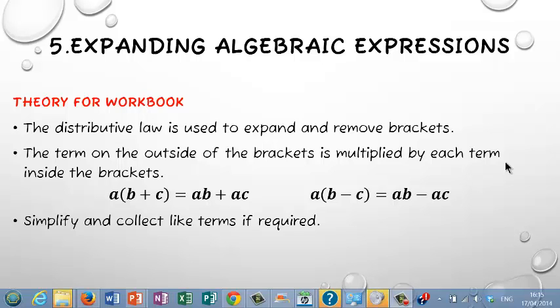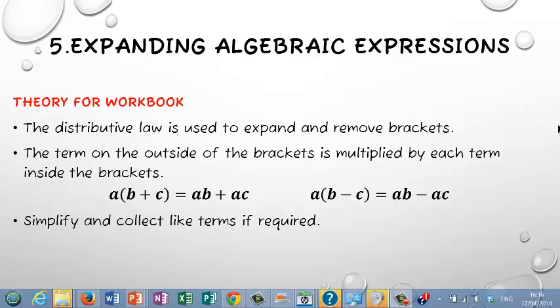Okay, today we're looking at expanding algebraic expressions. The distributive law is used to expand and remove brackets. The distributive law says that 3 times (2 plus 4) in brackets is equivalent to 3 times 2 plus 3 times 4. So when we put this into algebraic terms, we have a(b + c) = ab